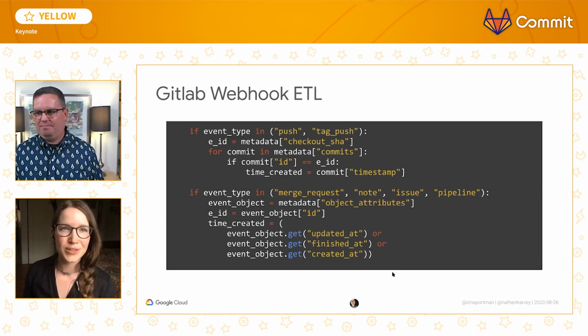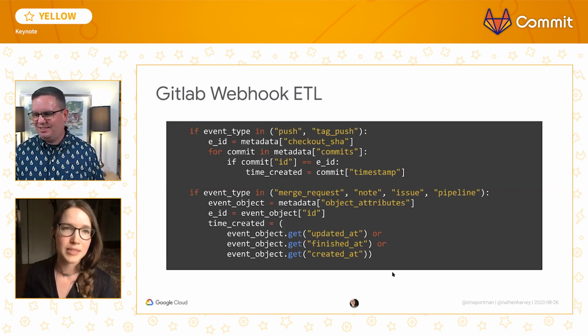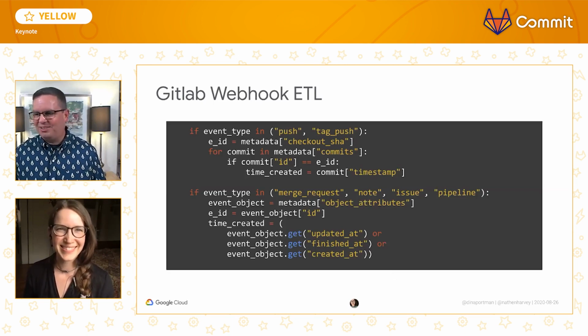What we show on the screen right here, this is the entirety of my GitLab ETL. It was so simple. This event object, everything having this event type and object and ID and these created timestamps that are consistent throughout. It was wonderful. Oh, that's really nice to hear. I'm not surprised, but that is super awesome.